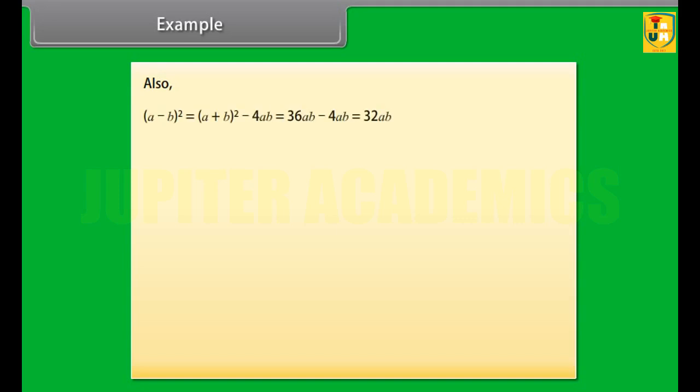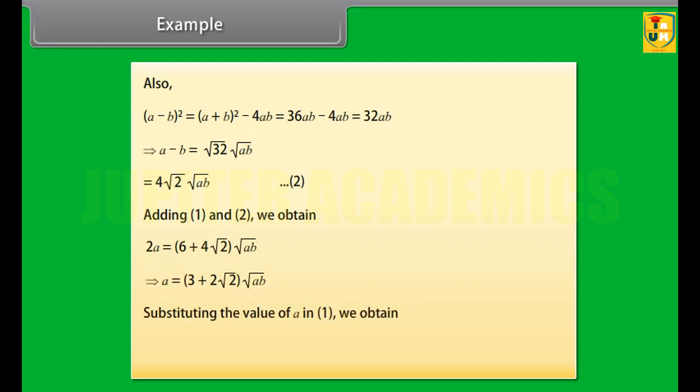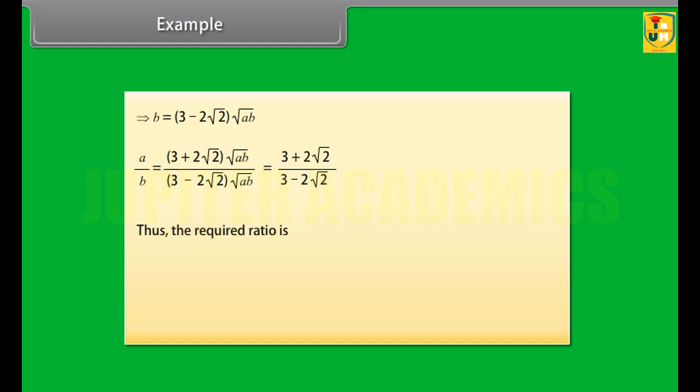Also, square of a minus b can be written as a minus b equals 4 into square root of 2 into square root of ab. Let it be equation 2. Adding 1 and 2, and substituting the value of a in equation 1, we obtain a by b is equal to 3 plus 2 root 2 divided by 3 minus 2 root 2. Thus, the required ratio is